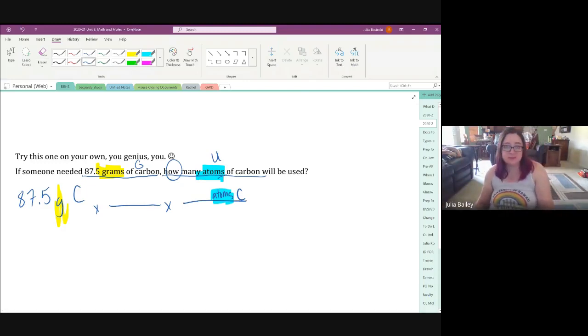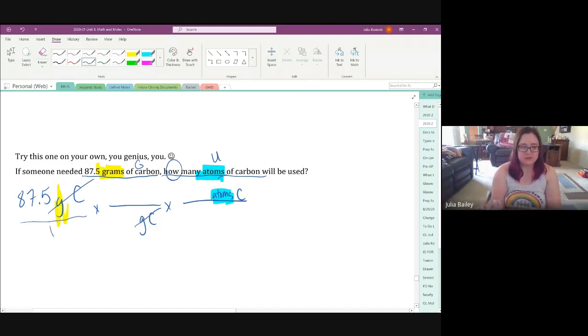Our next step is about simplifying. What goes up must come down. So I want to simplify the carbon grams by, if I have them on top, remember, even if you're not writing this as a fraction, that's still technically on top. So it'll simplify with something on the bottom. And then to figure out what goes in this empty spot right here, remember,